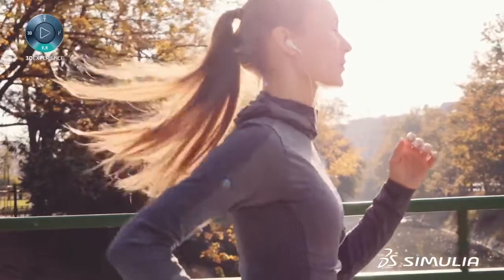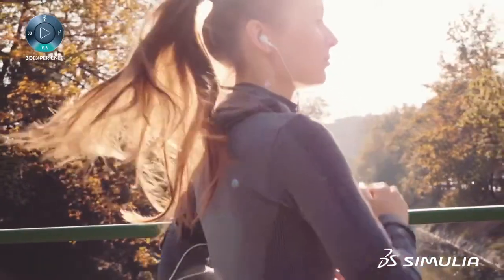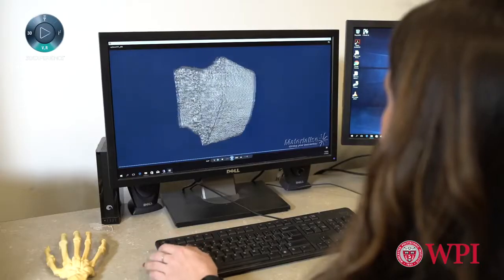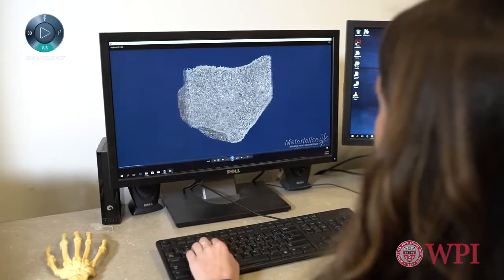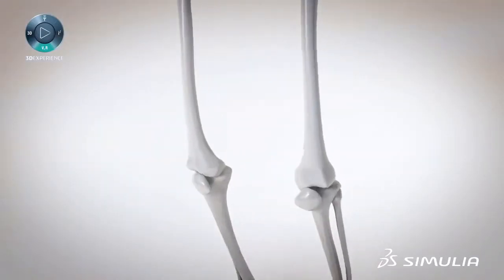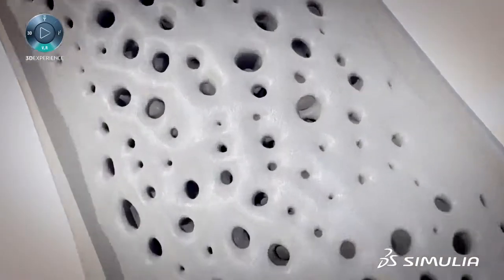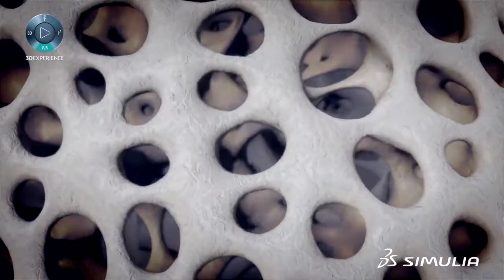So my PhD project is focusing on understanding how, when individuals complete exercises, that generates mechanical forces on their skeleton, and how we can relate those external forces to the internal stresses and strains in their bone, and ultimately how that triggers an adaptive response. And ultimately, we would like to know how exercises can be designed or optimized in order to provide increased bone